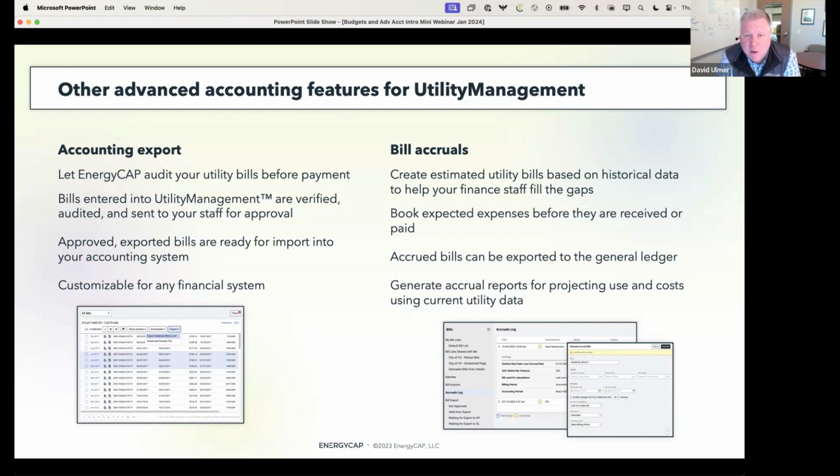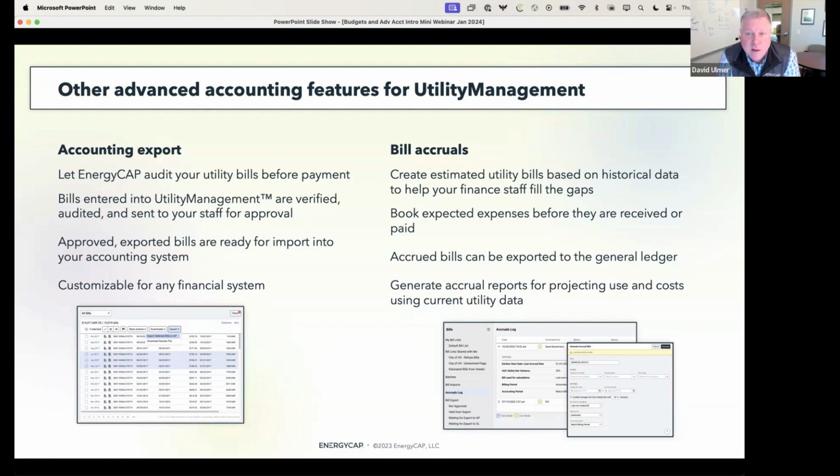And we've integrated with dozens of accounting systems to automate the process so that our customers can review, audit, and approve bills within the utility management platform, get them all ready for export, and then have that export automatically feed the bills into the accounting platform,